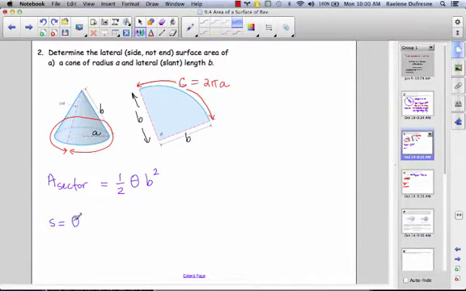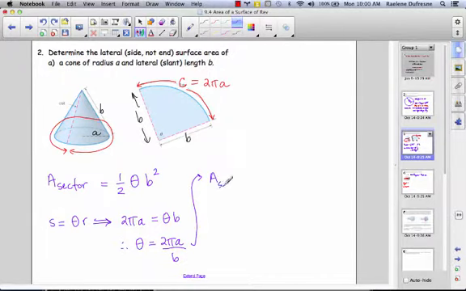S equals theta r, and so the arc length of this sector is C, or 2 pi a, and that's equal to the central angle theta times the radius of the sector, which is b. And so we can come up with a substitution that says that theta is equal to 2 pi a divided by b. So if we substitute in here, we get that the area of the sector, which is the surface area of the cone,